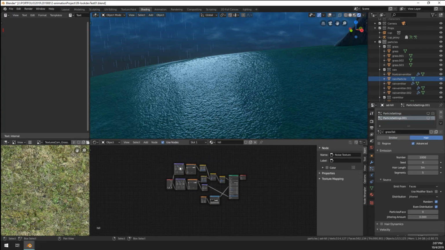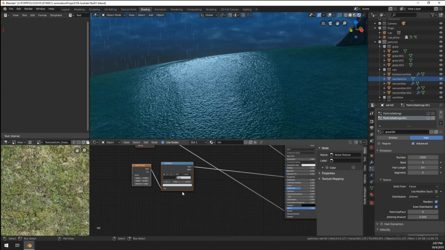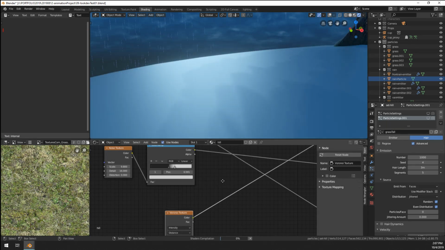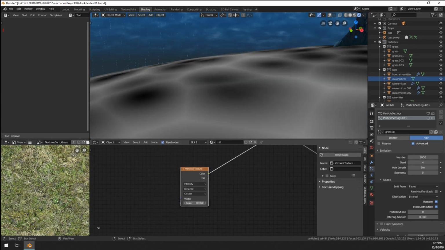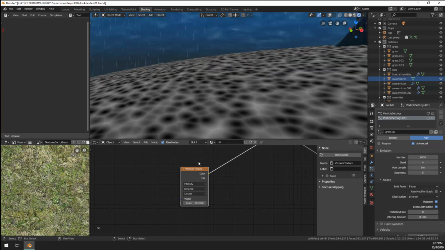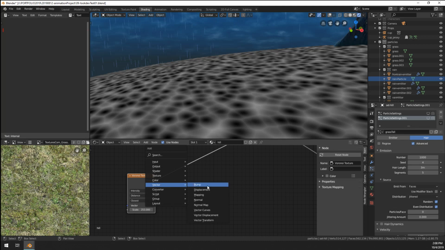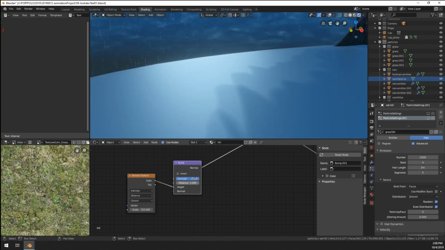I mean, I think I would do this with the vector texture Voronoi, because we could add circles, right? We can add a lot of circles. And then if you do a vector bump or height,